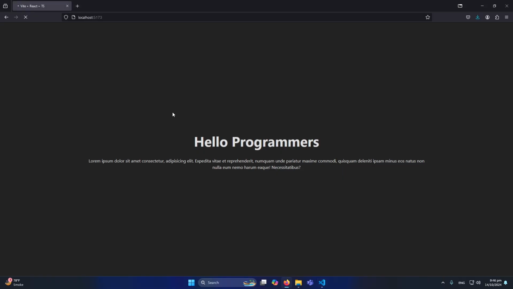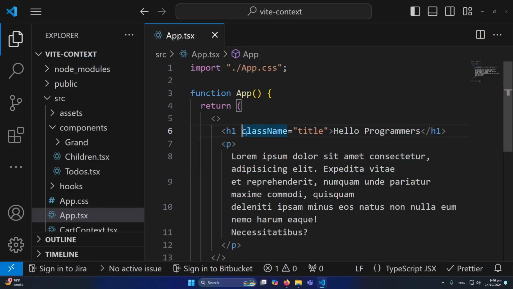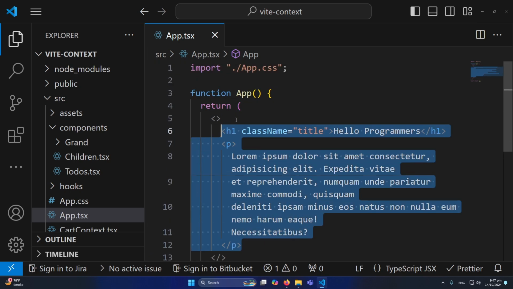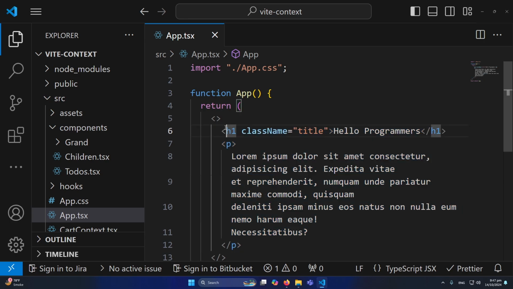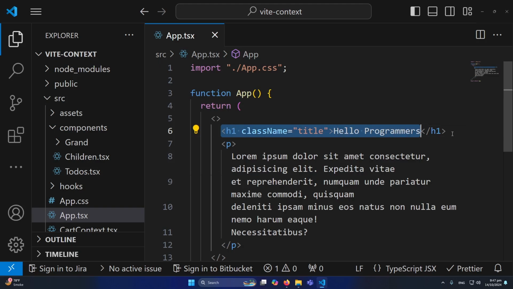Okay, so obviously as I told you, it is the same as HTML but not fully like HTML, so you will find many other attributes that you will need to write in camel case. So obviously you need to read the syntax for JSX because it may be 10 to 20% different from HTML, because we are directly writing our HTML inside our JavaScript. So you need to read the documentation. As I already told you, you cannot use the class keyword, but you have to use className in camel case